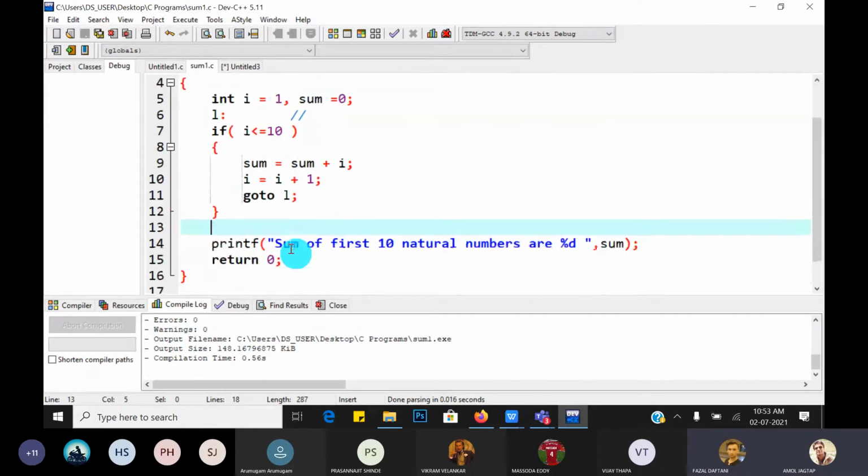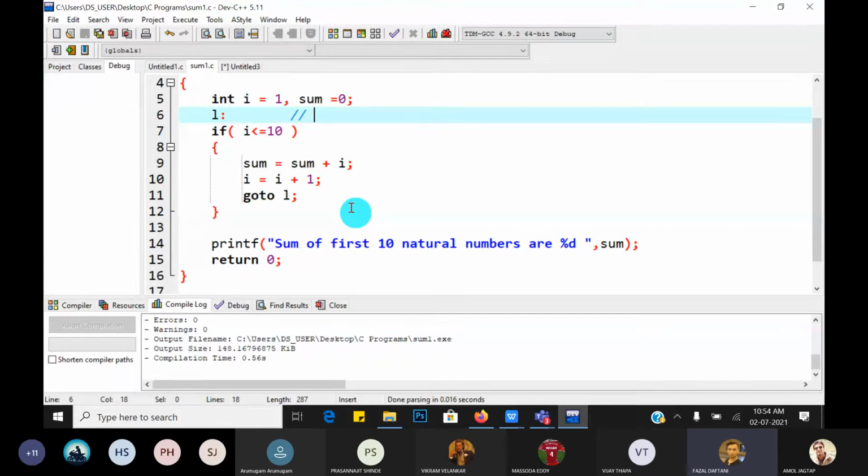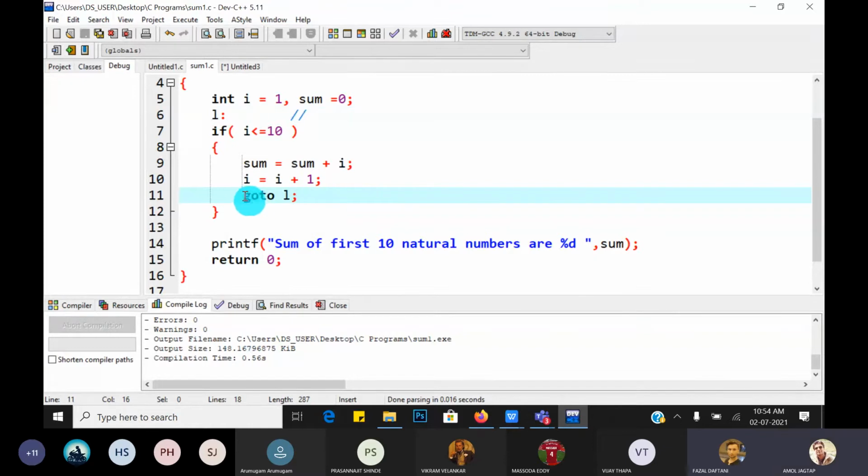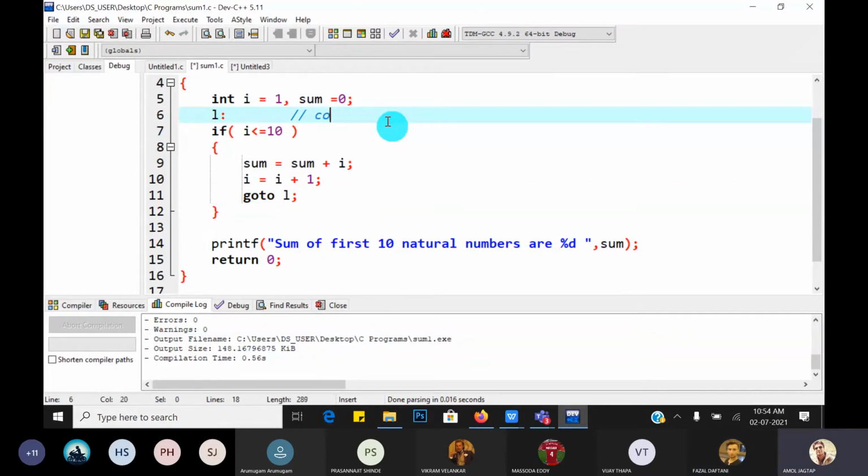Sir, can we only do this with goto, or can we also do it with continue? I mean, if you want to turn a condition statement into a loop, can we only do it with goto? Like here we use the goto statement. What if we use continue or break statement here? Can we do it with those two? No. One rule: continue